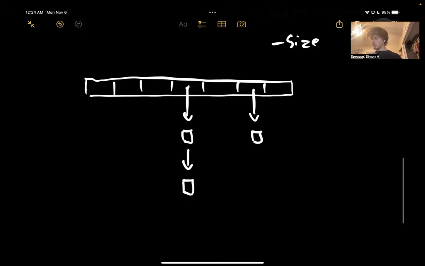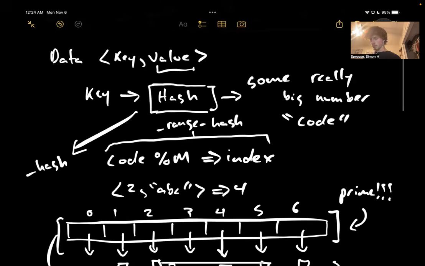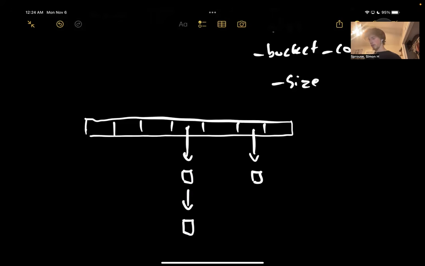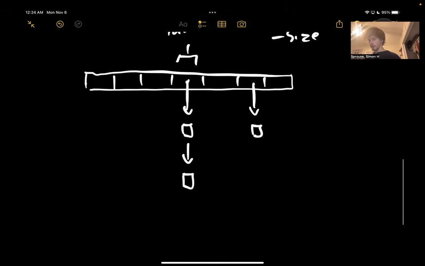If we want to insert something to this array, first we have to go through the process that I mentioned before. We've got to find the hash code, and then we take the modulus of the bucket size, and that'll give us an index. But assuming we know which index we want to insert at, assuming we know that we want to insert at this index,